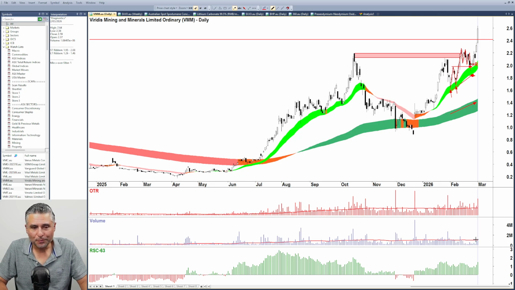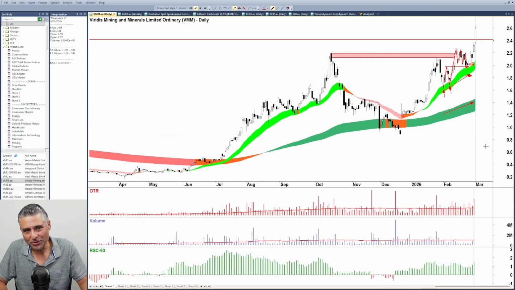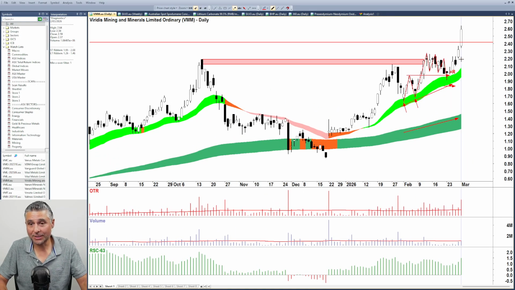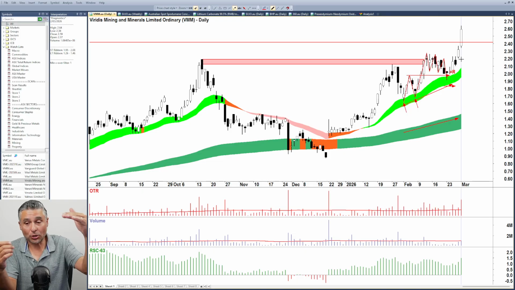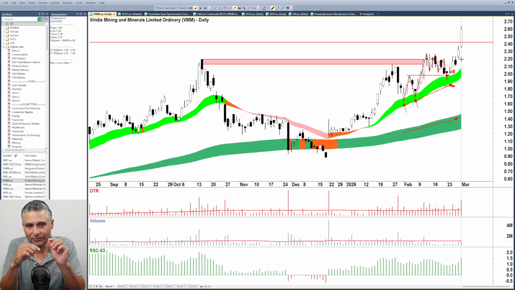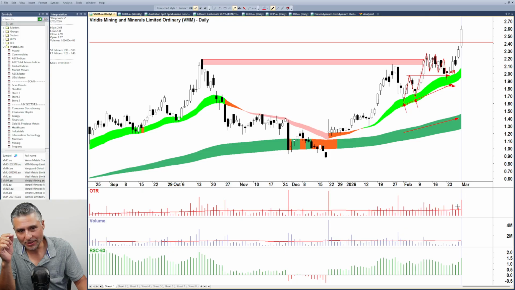I mean, volume, there's not a lot of supply there, is it? We've made a lot of progress here on very average volume. So one way to interpret that, start with the candle. What is the candle telling you? There's credible motivation. There's great progress. It could have closed higher. I would have loved it if it did. We can see it's a substantial day. It's an important day. Go back to the volume.